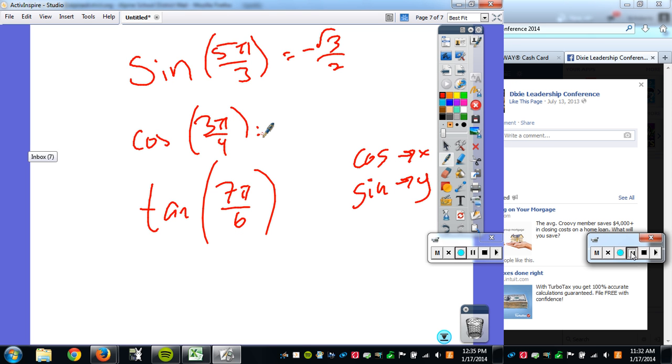That's the coordinate negative root 2 over 2, comma root 2 over 2. Cosine is the x, so therefore it is. You see how I'm doing this? This is what I'm hoping for. You see how I'm just, boom, I know what quadrant it is, what coordinate it is, and I'm just like, bam! Okay? All right. Now we go to 7